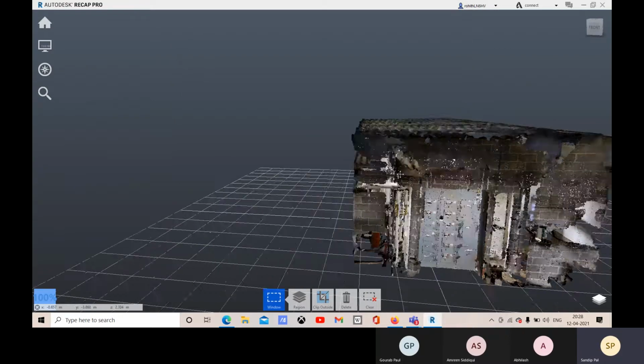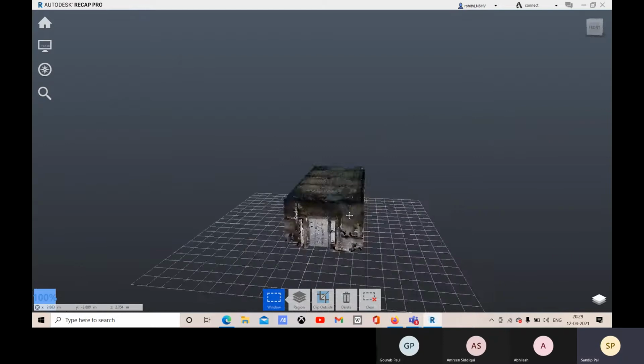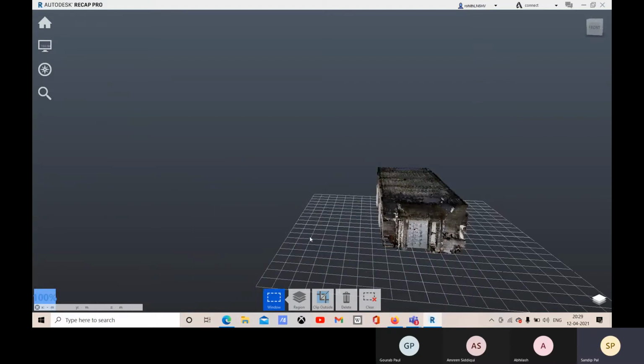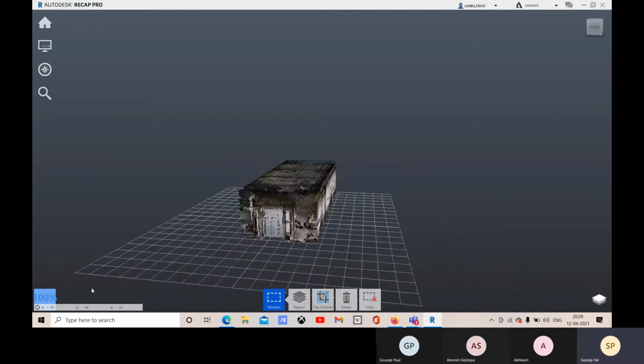So within this 1.rcp I have imported another file, 2.rcp. So both are independent right now. So you have to combine them.